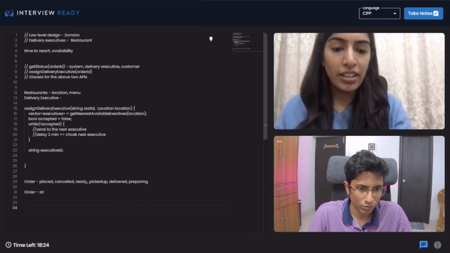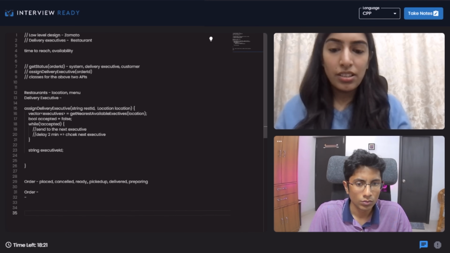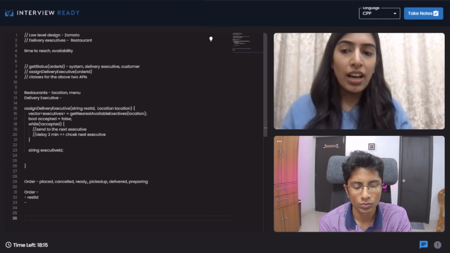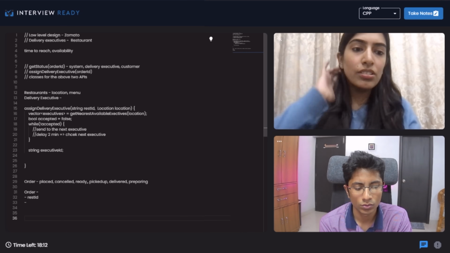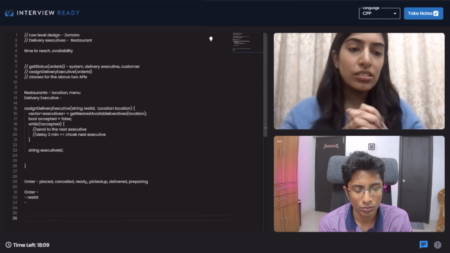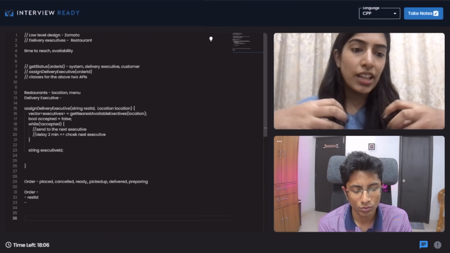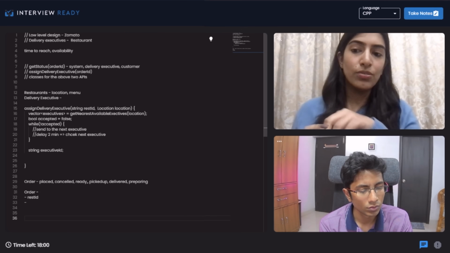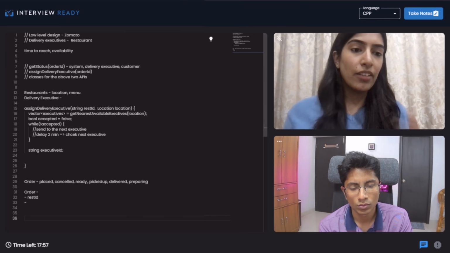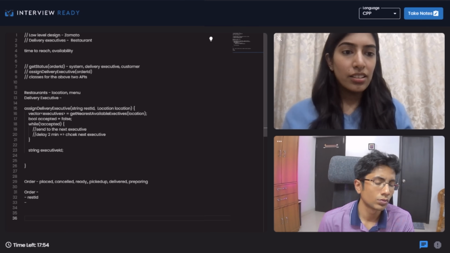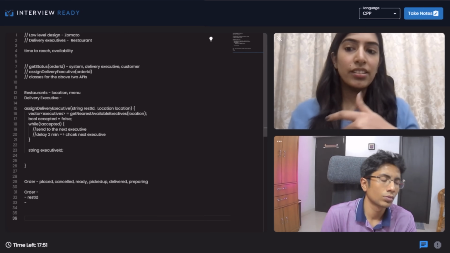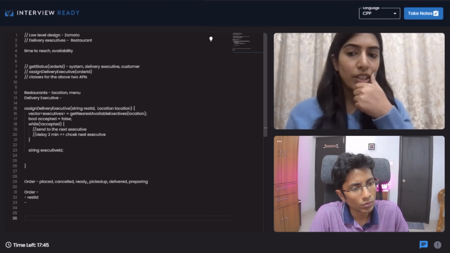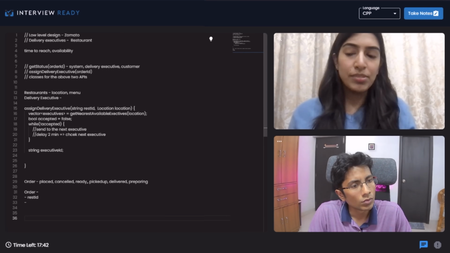Order will obviously have restaurant ID. So it will be restaurant ID. Okay. And not sure if it should have the executive ID or not. But now we can choose that we tightly couple, like, we want to have all the information related to the order over there. That, okay, who completed this order. But that also means that I have to keep updating this order again, right? That which delivery executive did. Then I also have to show the timestamps of all the stages, like when it was placed, when it was ready, when it was picked up, things like that. Maybe I can store all the timestamps.